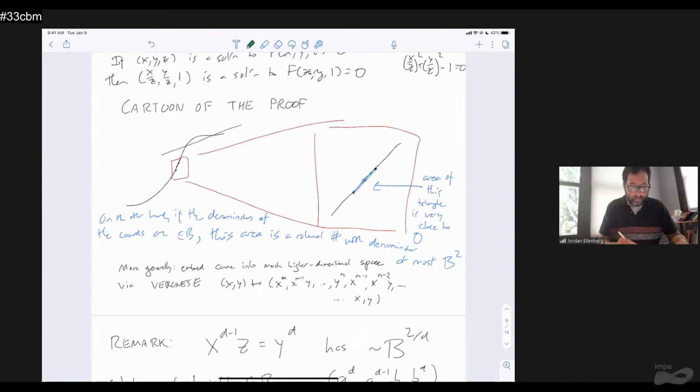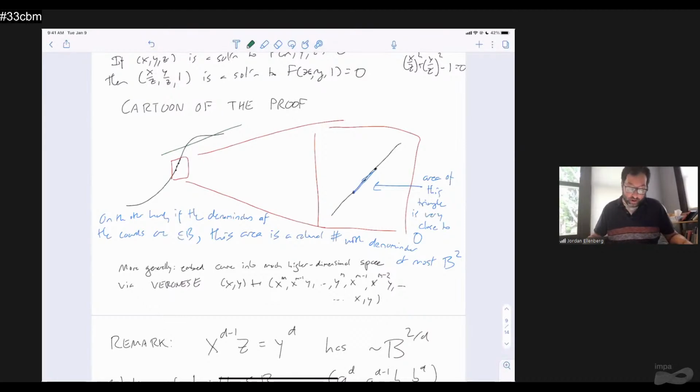And then what that shows you, if you make the patch small enough, you can show there's at most D points in that patch. You know the size of the patch, you know how many patches you need to cover some region of the curve, and then that gets you where you need to go. So that's the idea. I feel like I may have done that in a slightly too abbreviated way, but I hope I've given you the impression that in some sense, it's just linear algebra and being careful about computing determinants, which are the areas of these